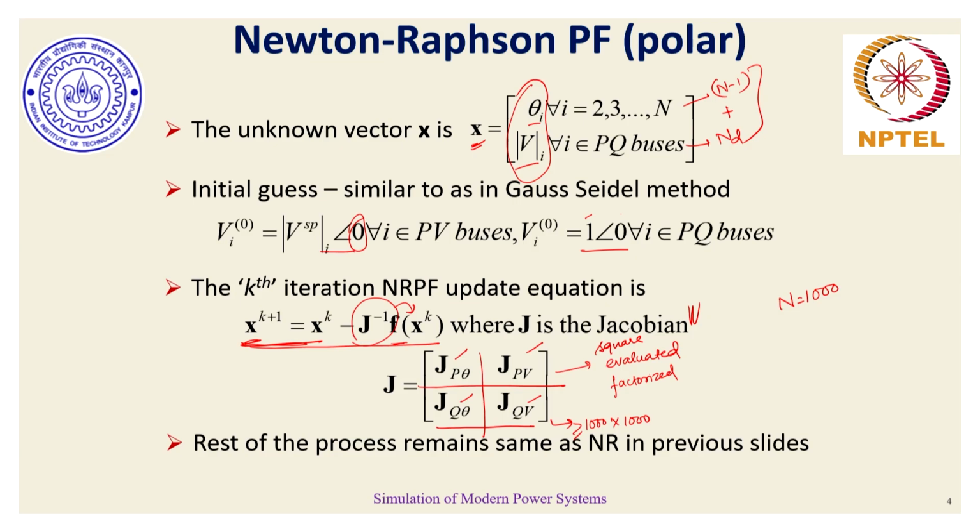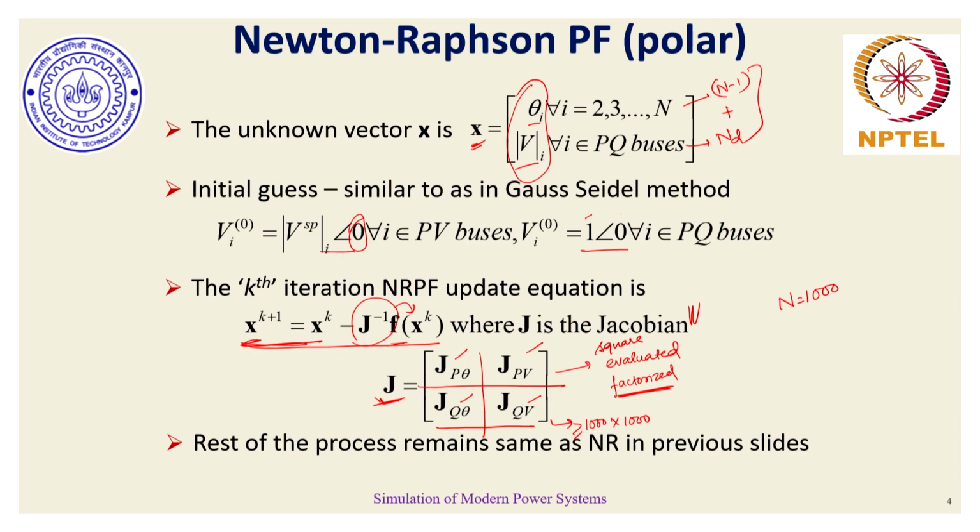It's not an easy job. Five or six decades ago, when the computational capability was very limited, this Jacobian factorization and evaluation was one of the most cumbersome exercises. Although the Newton-Raphson update equation, or the method in itself, has faster convergence, because of the exercise involved in factorization, 50, 60 years ago, actual implementation of the Newton-Raphson method was not possible for large bus power